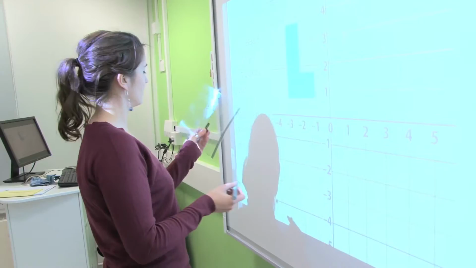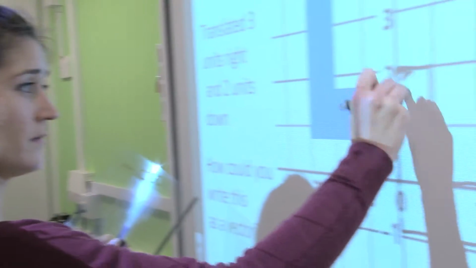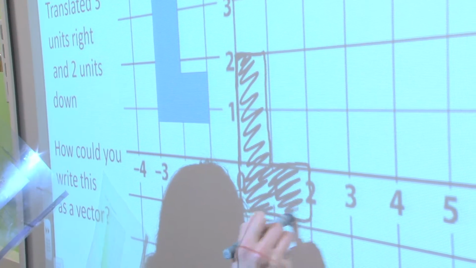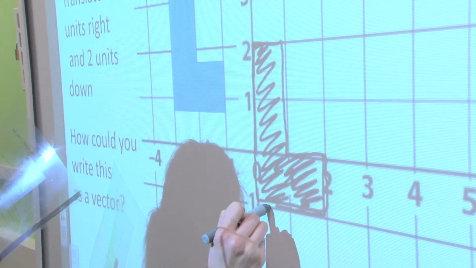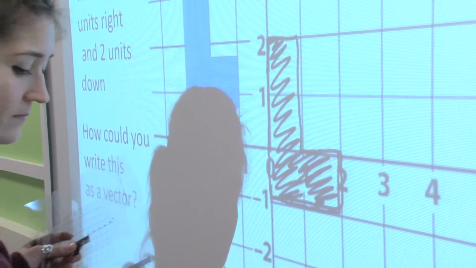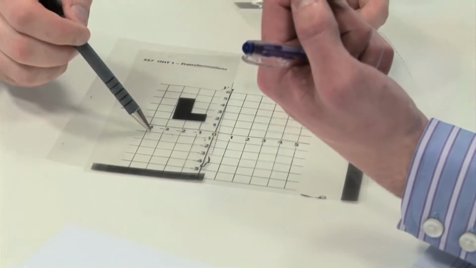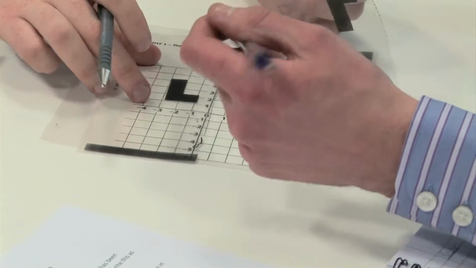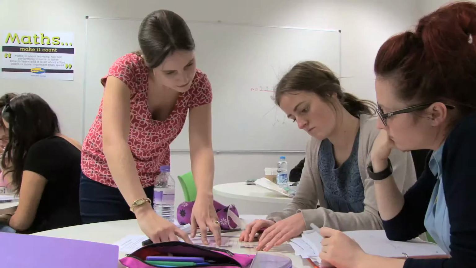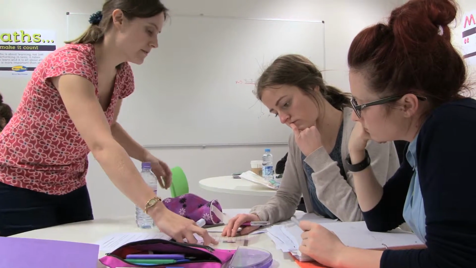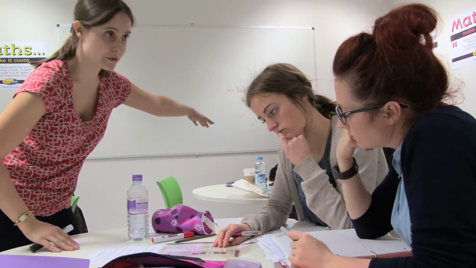They like to get involved at the front of the board, and they tend to share out the work like that because they like to work together. Is everyone agreed that that is where we have the first position? Line equals minus 1. So it's going to be 2. Looking then at reflecting it along that line, if you have a look at what they've done in this group, what do they think?